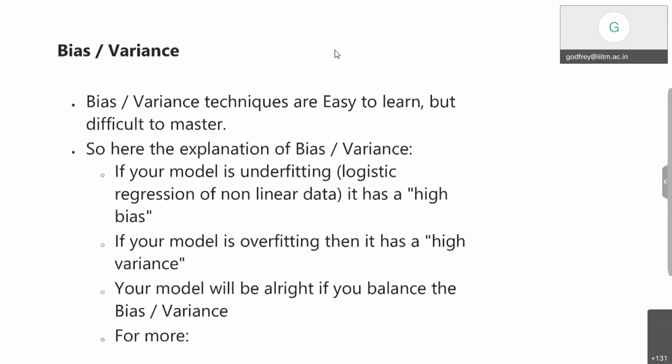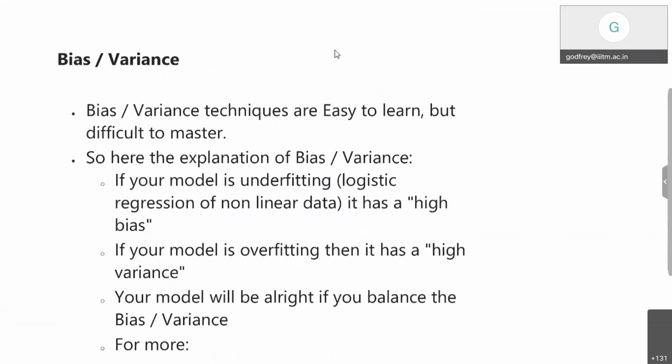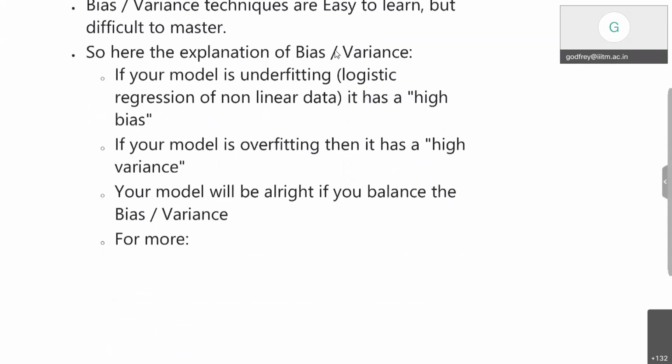Now we have this concept of bias and variance. Here we have a definition of bias and variance with respect to underfitting and overfitting. If your model is underfitting, it means that your model has a high bias. On the other hand, if your model is overfitting, then it has a very high variance. Now, if you can balance between the bias and the variance,